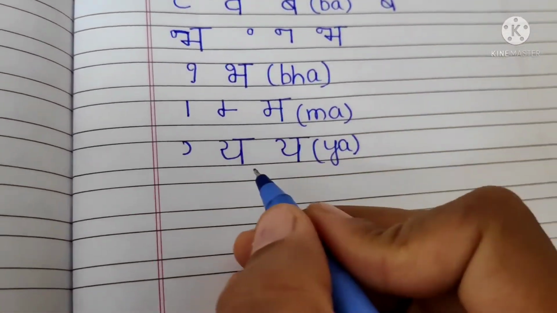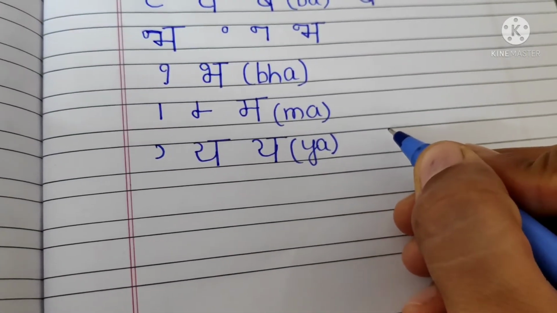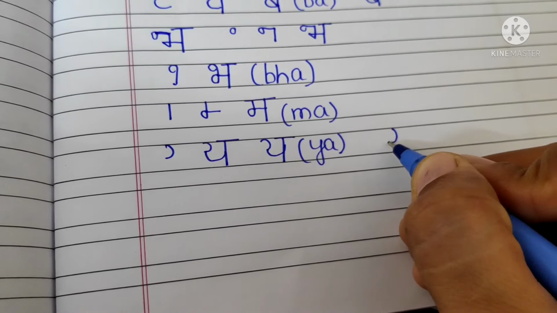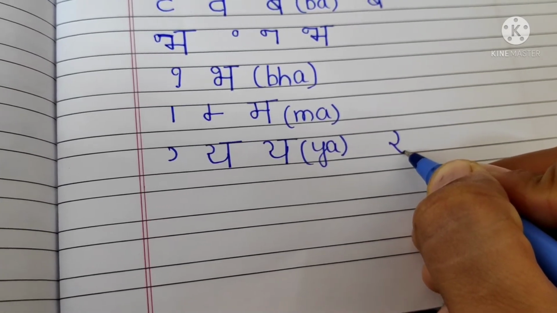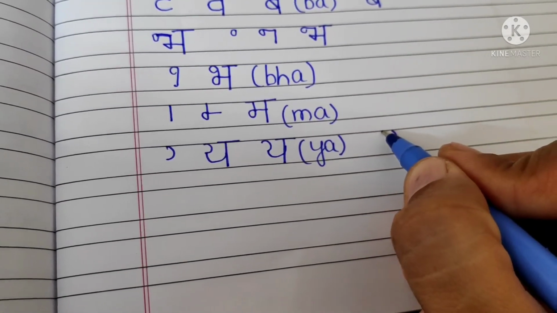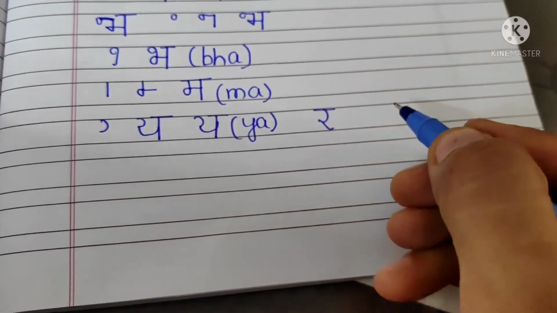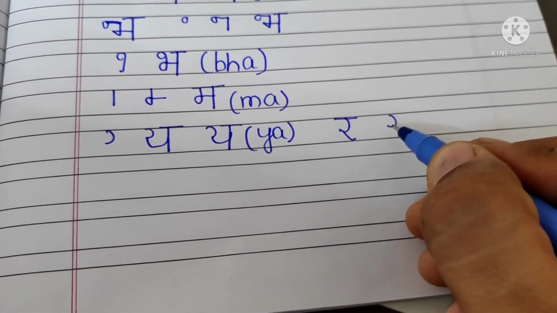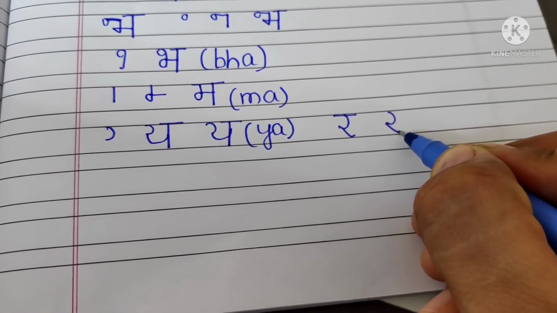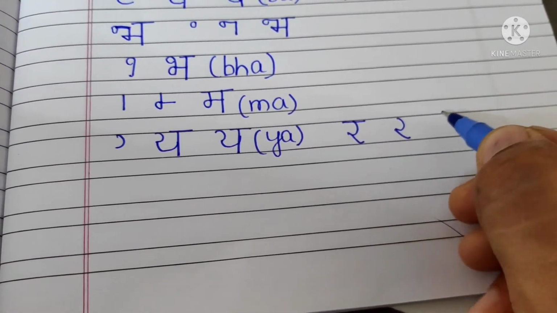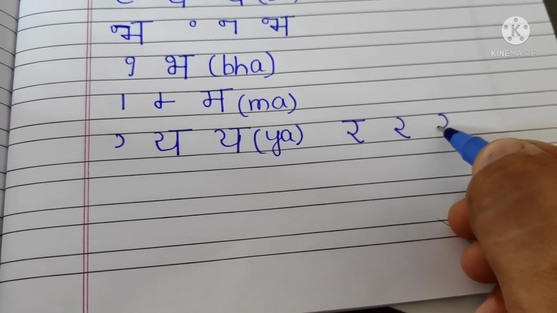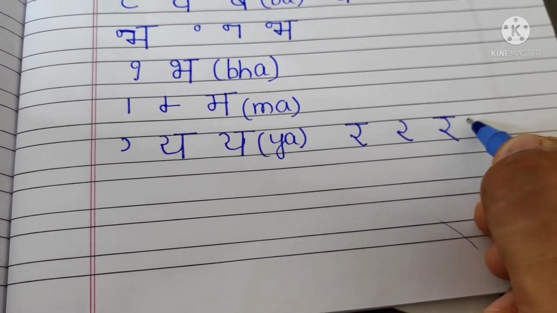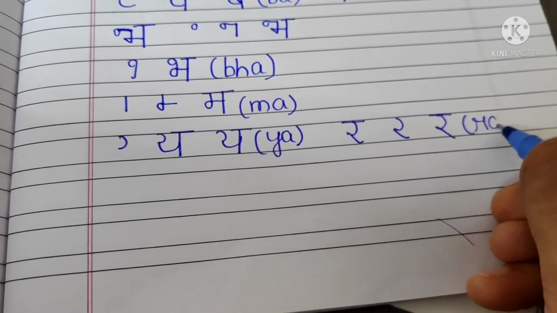Next letter is ra. Also very easy, simple, a curve like this and then a slanting line or a little bit curve, you can say, simply slipping line. So this is our ra. One more time, look, a curve like this and then a little bit slanting or curvy you can make it. After doing this, simply you can make a slanting line and then a slipping line. So this is our ra alphabet in Hindi.